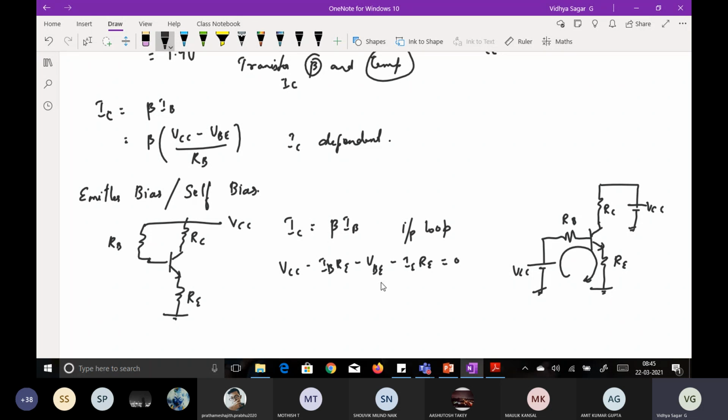So now IE could be two different currents. I have to make sure that it is a single current. So we know that IE equal to beta plus 1 times IB. I hope you know the equation. IE is nothing but IC plus IB, the total current. IC is beta times IB. Taking IB common, it will be beta plus 1 times IB. So just substitute it. Tell me what is IB.